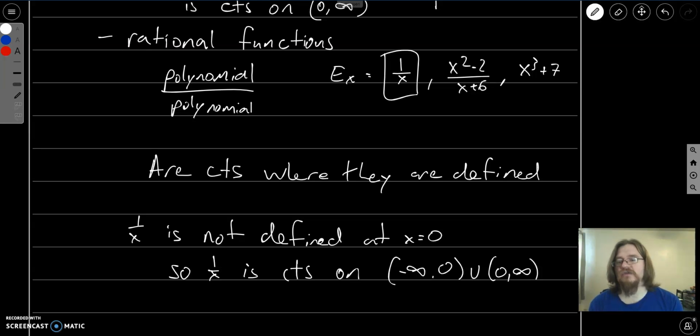And we'll look at some of the reasons why these are going to be continuous in the next section. Again, specifically, we'll be looking at limits and how limits play nicely with, say, division or multiplication, addition, and subtraction. So until then,